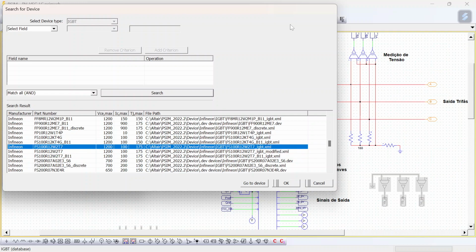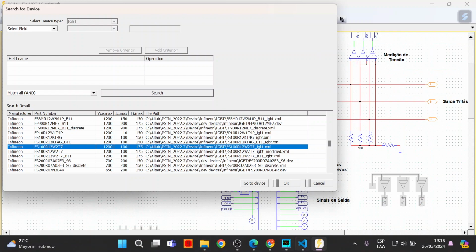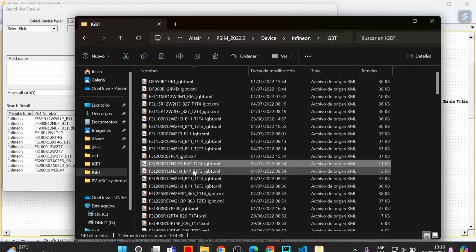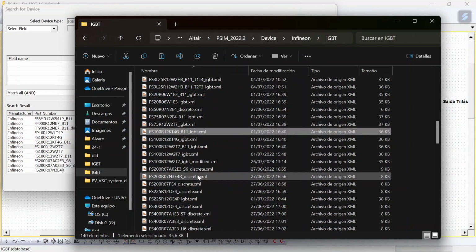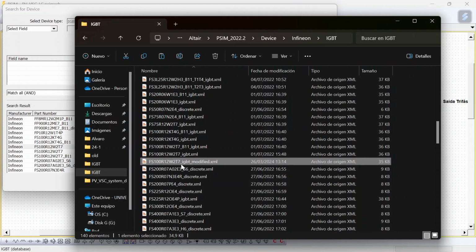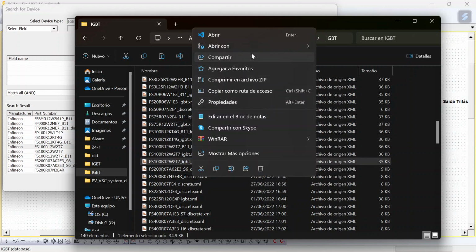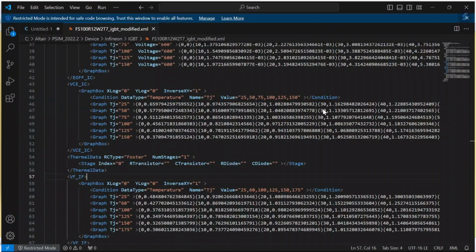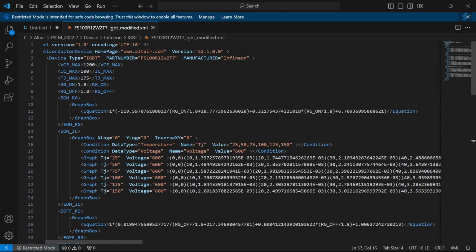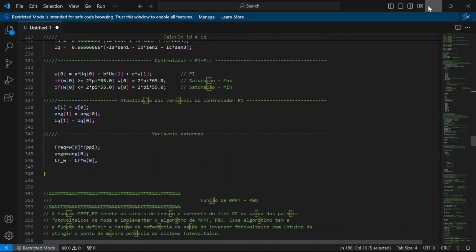So we can change the name there. It's here. I'm going to open it again, and I can change the part number here, and that's all. Save it, close, and